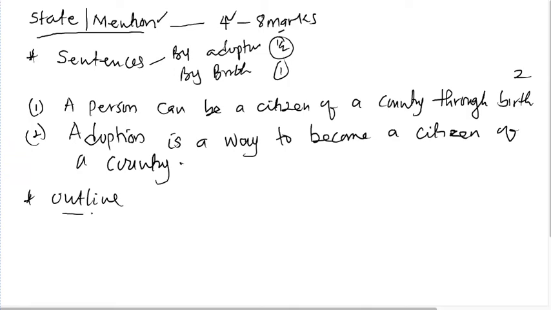You must be careful with this command. Outline, at times, one of them, you see that the marks will be from 4 to 8. And this one is the same as state. It is not list. I beg you, state or mention. So the instructions above also apply to this outline. Another outline